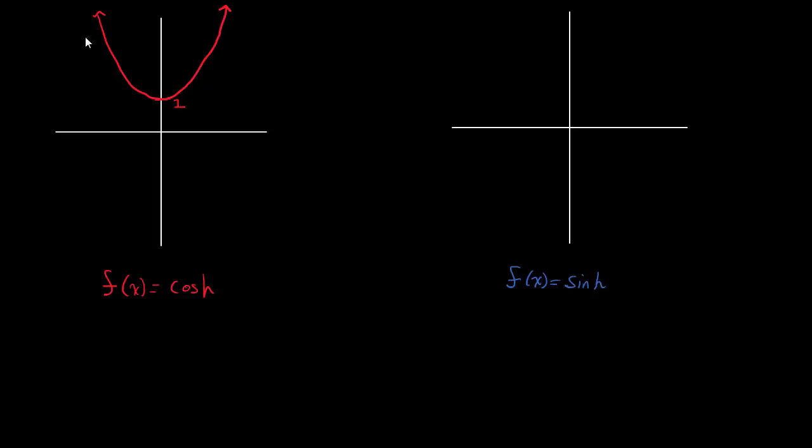So I'm going to do these in yellow so we can see them. Here is one curvilinear asymptote,